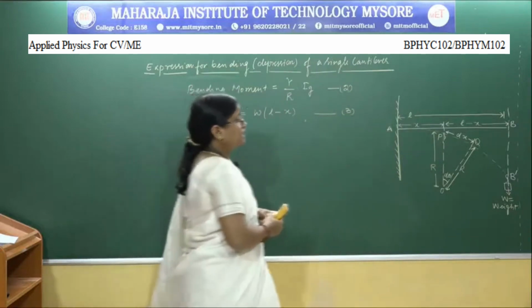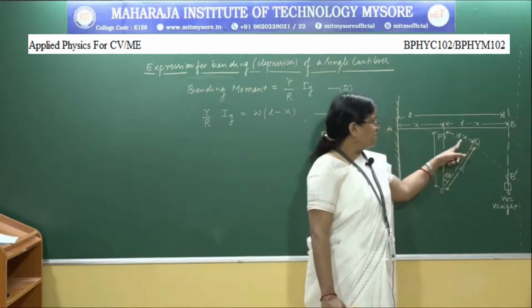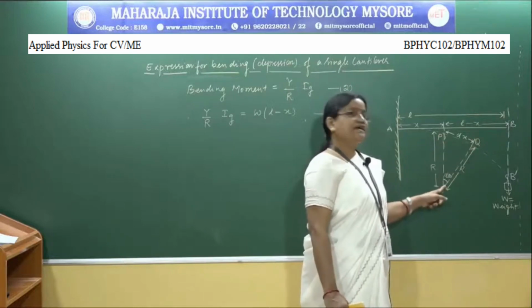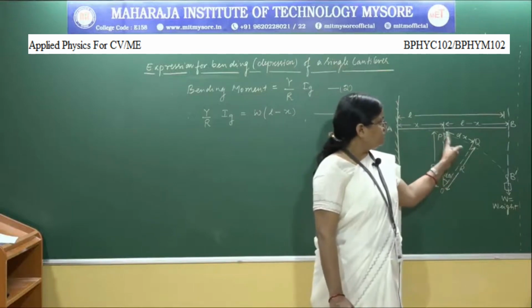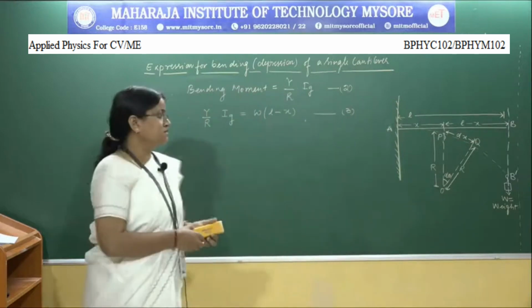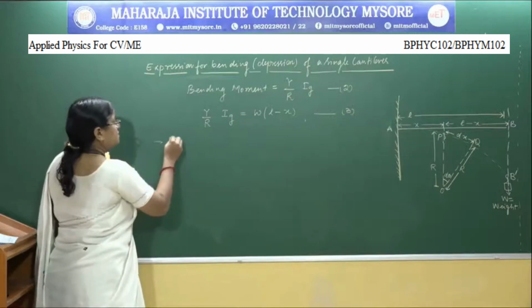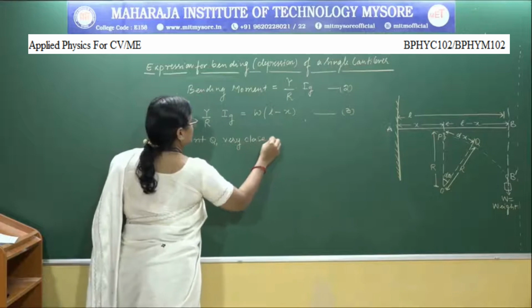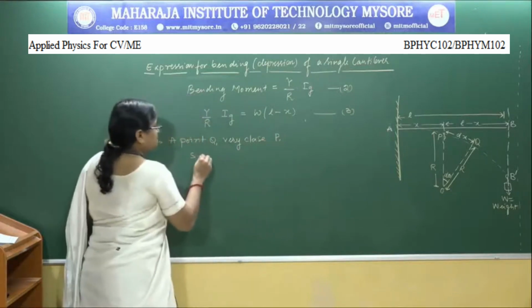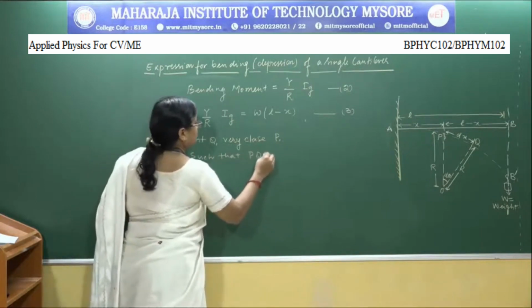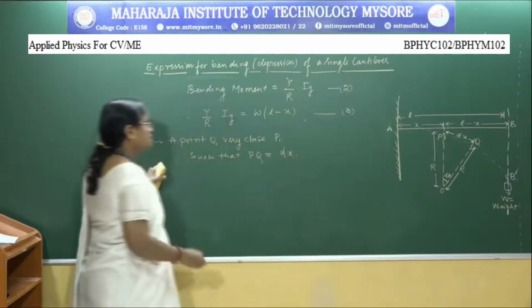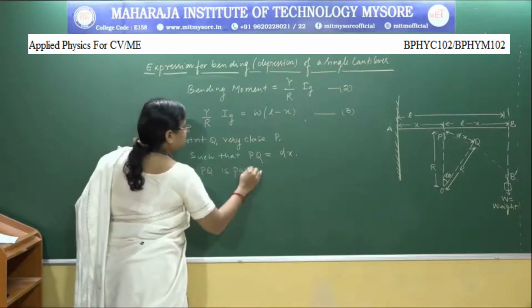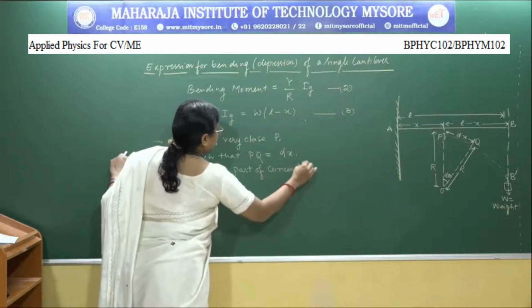So now if we want to find the arc length PQ, dx will be equal to R into d theta, the angle subtended by the arc and the radius of the circle, of which this PQ is part of the concentric circle. So what we have considered is a point Q which is very close to P such that PQ is equal to dx. Now we understand that this arc PQ is a part of a concentric circle